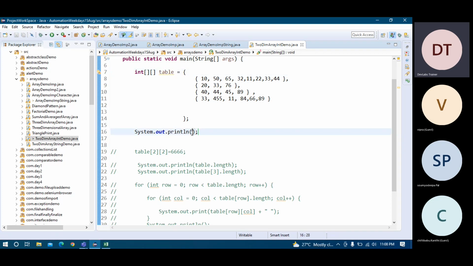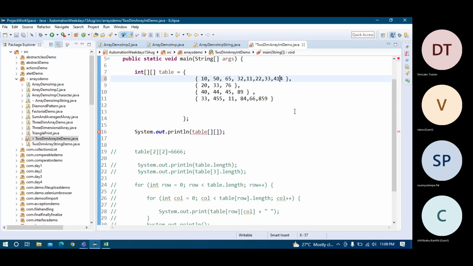The array name is this one. You put it like this, then you design 2 boxes. One box is for the row and one box is for the column. I have to print 89. 89 is here, and this one is something like 859. Consider that. I'm just differentiating the values. This is 4. Nothing should be repeated so that there is no confusion.